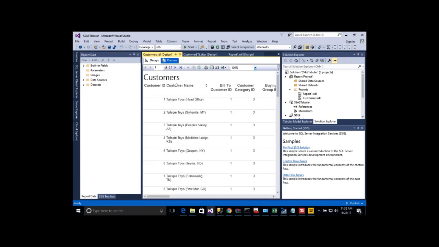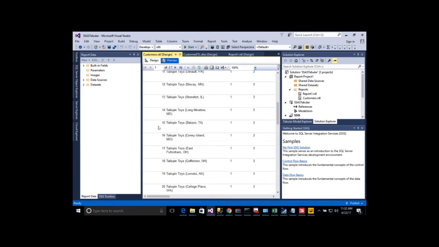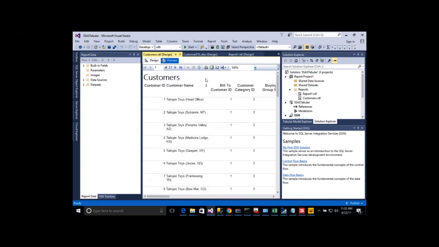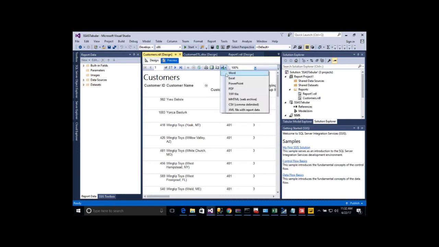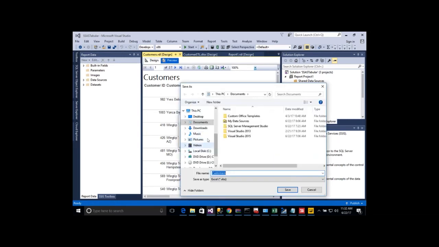If I click preview, here are all of my customers. And if I want to sort them, I just click this little sort button, and it sorts alphabetically or reverse alphabetically, and it works great. Okay, now here's some power behind SSRS. I can click this little floppy disk. Does anybody even know what that is anymore? And I can say, please download it as Excel. It says, sure, I'll put it on customers, and we'll put it in C:\SQL backup,